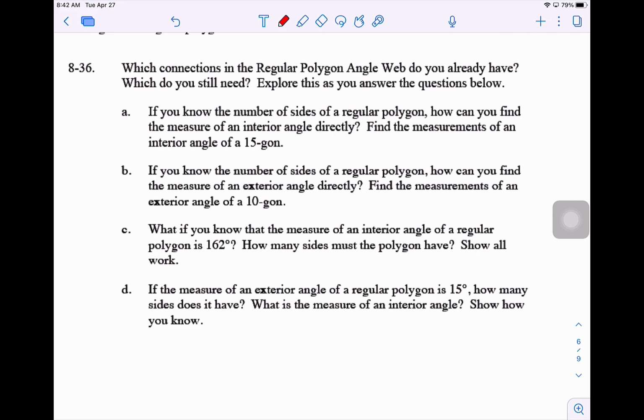Oh, this is how many sides you want. There's a couple ways you go about this. So you could, if they tell you that each interior